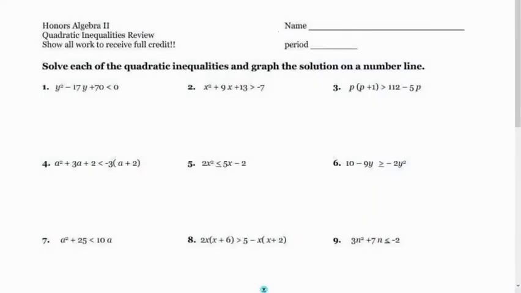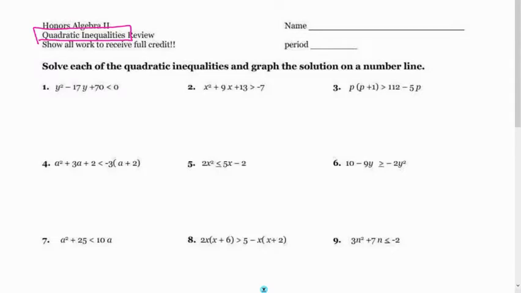Review for the quadratic inequalities test, and only the quadratic inequalities part. The next part will come next week for the other inequalities. So for all of these, you need to graph them on a number line. So when they have one